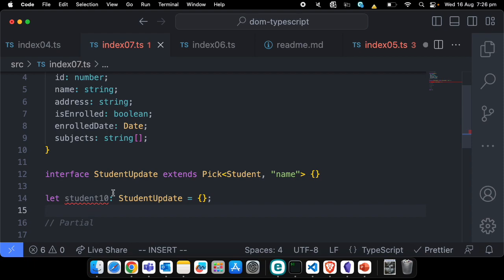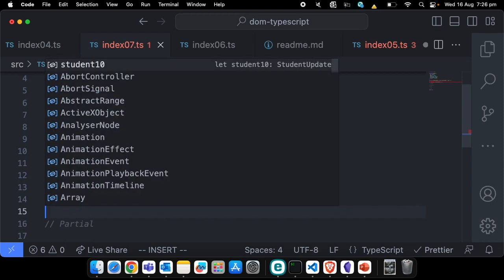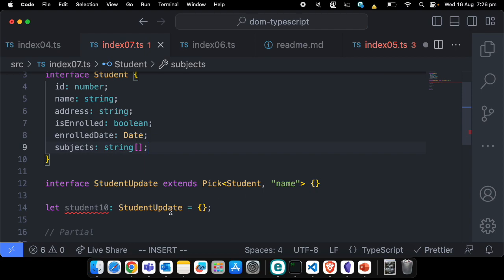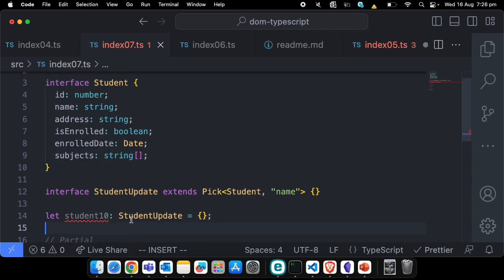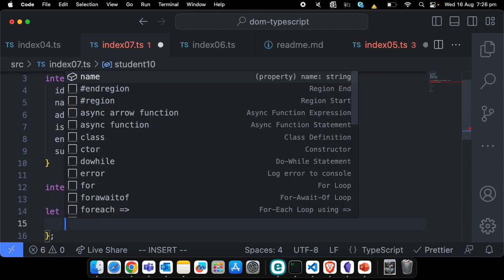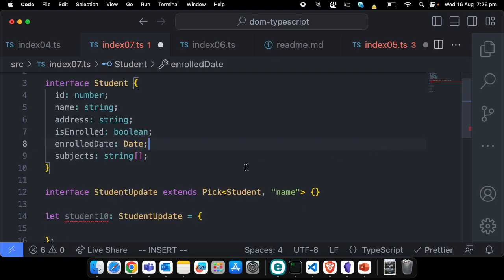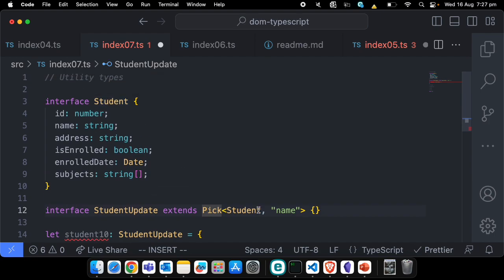So if I come here now, because we have already given a type StudentUpdate to be student10. Where did it go? Oh, sorry. Yeah, thank you. See, now you can see here it expects only name here,